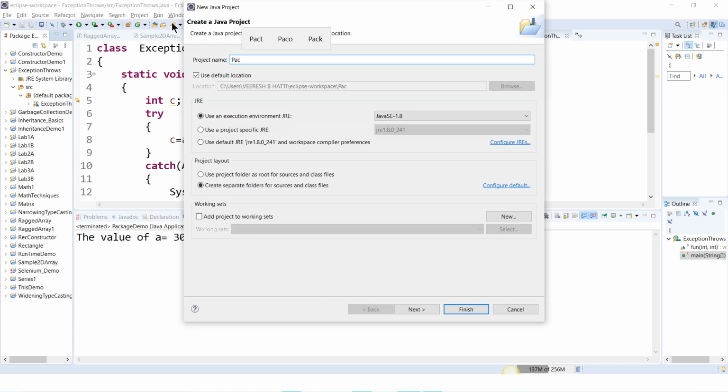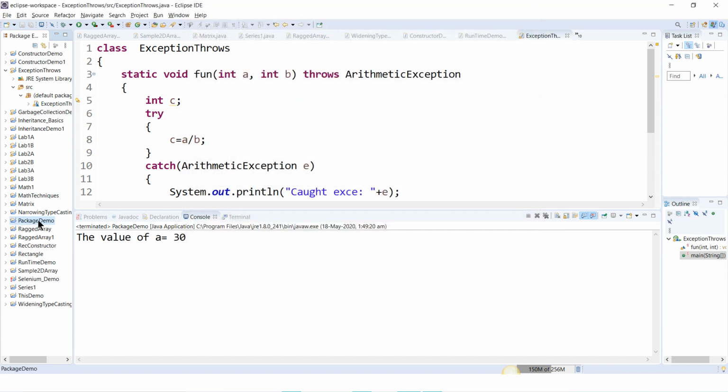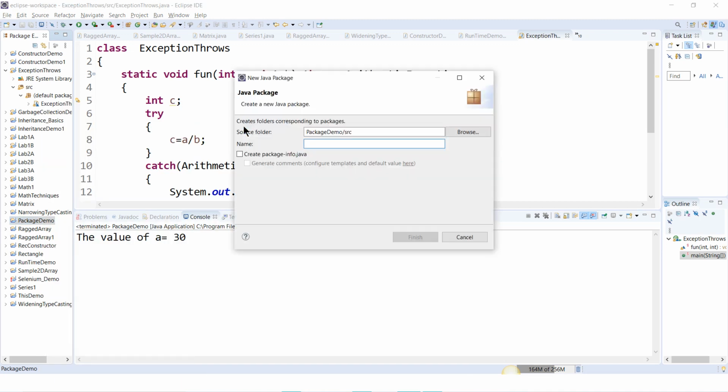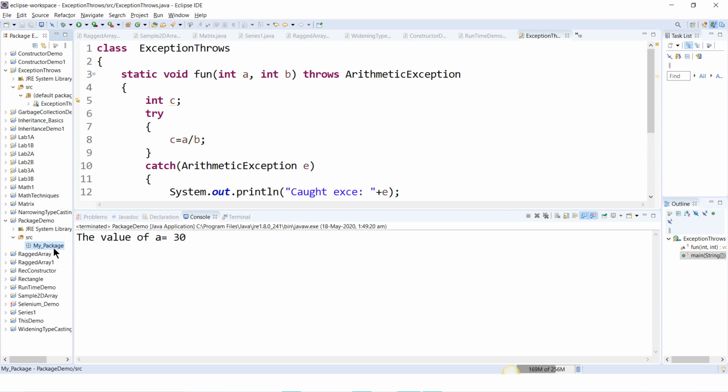PackageDemo, right? PackageDemo is the project name. Right click on PackageDemo, New, then go to Package. What is the package name? my_package, right? Click on the finish button and right click on my_package.